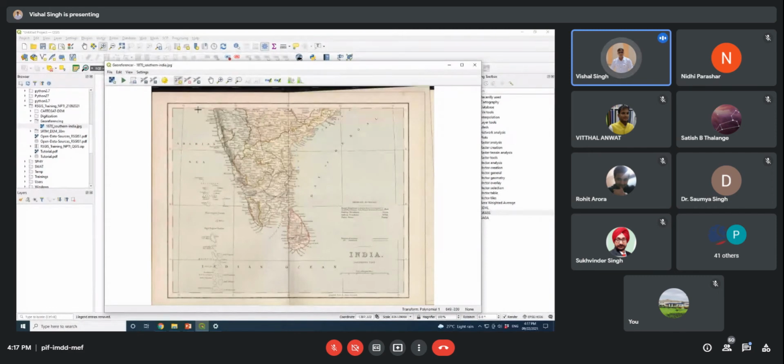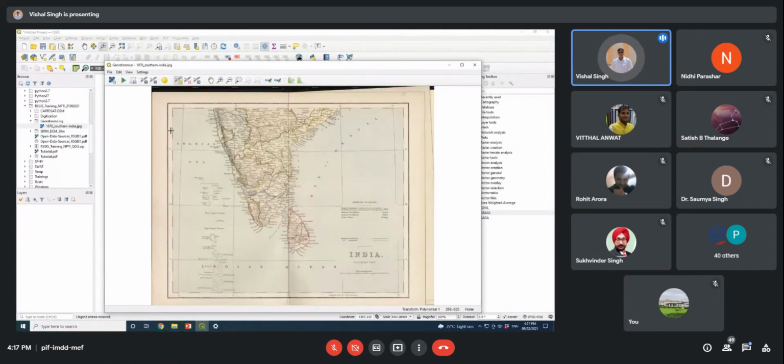That means we need to give the minimum 4 GCPs here. I mean 3 GCPs. To solve the equation, you need 4 variables. But in this map, you will put the 3 values, and the 4th value it can take automatically. So now I will click here to add the points, like this point, I will add it here.